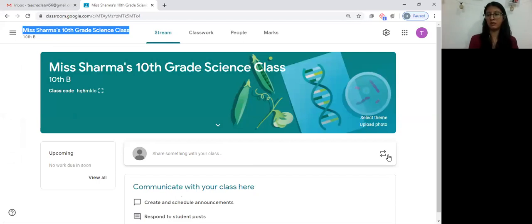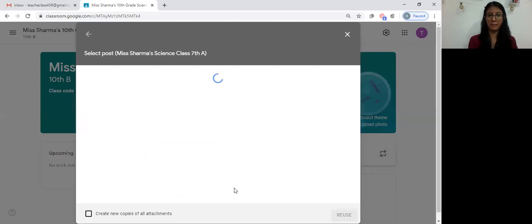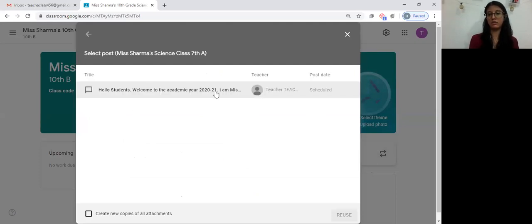All I will need to do is reuse post. And it will open all your classes in which the post is available. So I'll open 7th A, and you see this is a post that I've kept ready. And what I will do is I will create new copies of all attachments and reuse.